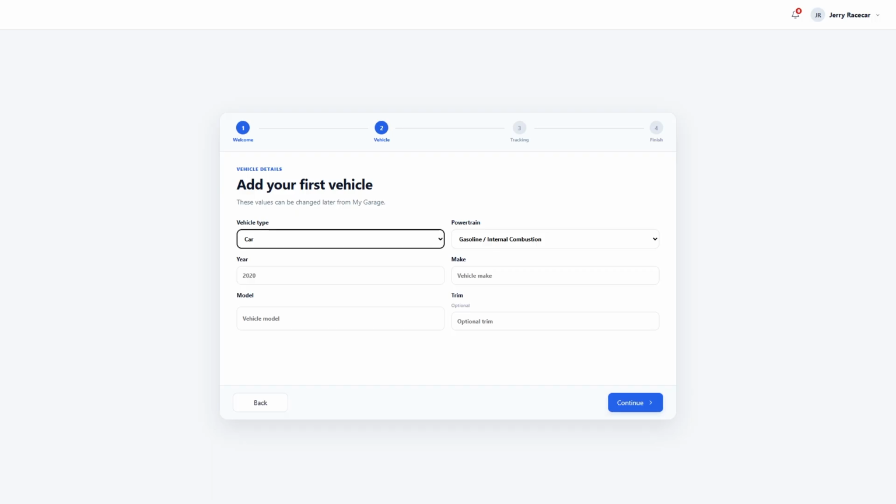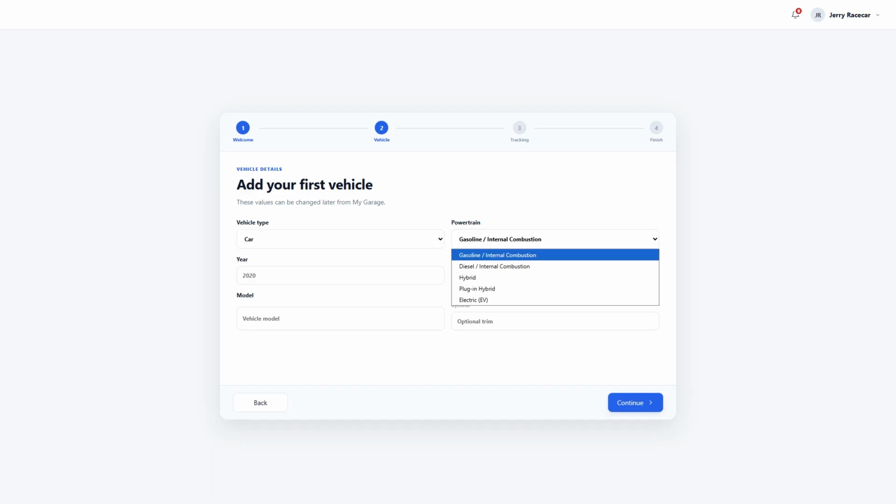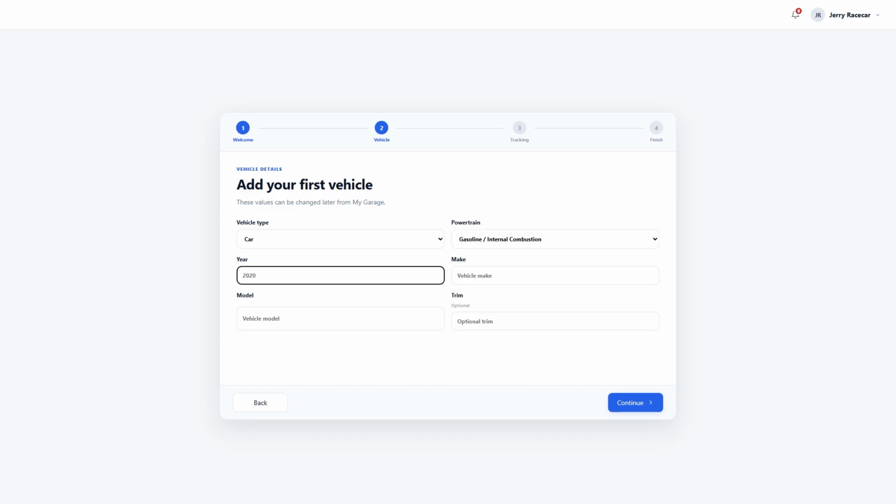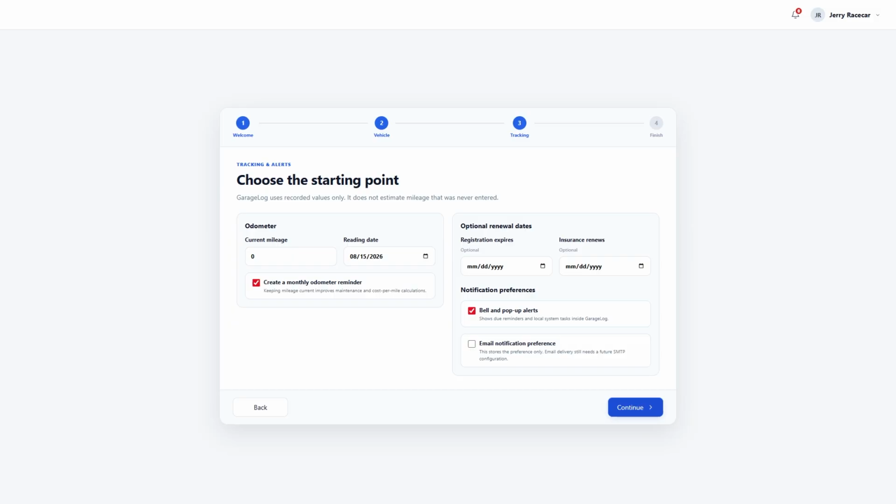So in this case, it's going to be a car. The powertrain is going to be a gasoline engine. EVs are included with this, and so are hybrid models and diesel engines. So we'll do a gasoline car. My car is a 2021 Toyota Camry, and we're going to do an SE edition. And my current odometer reading is